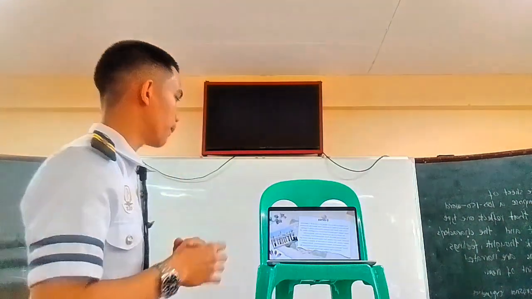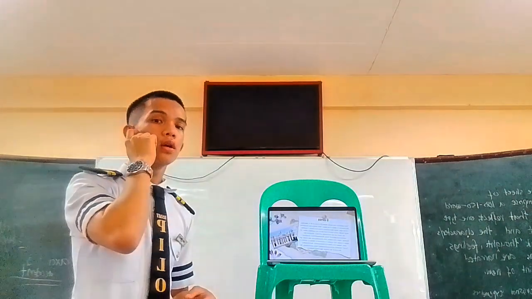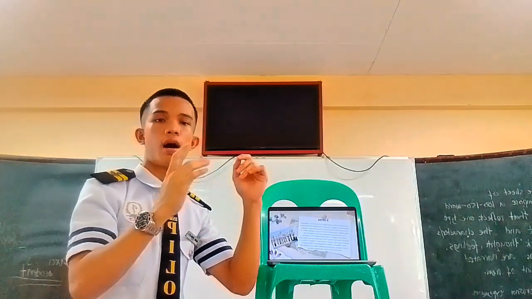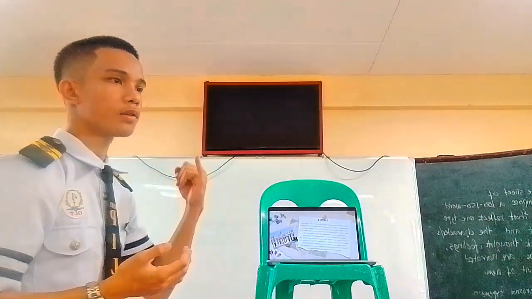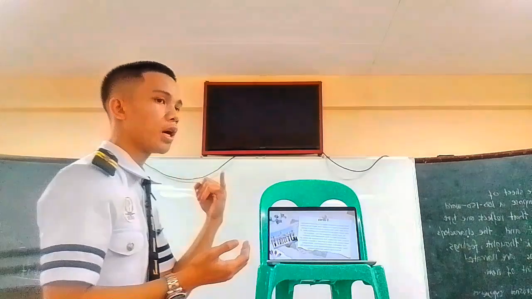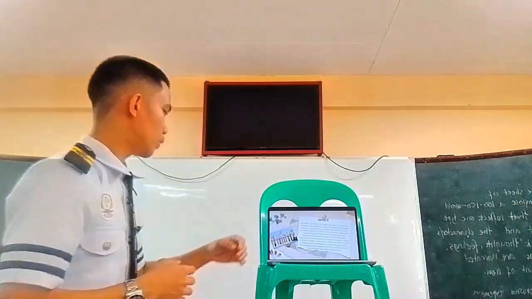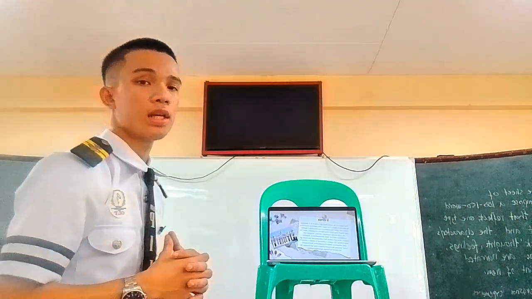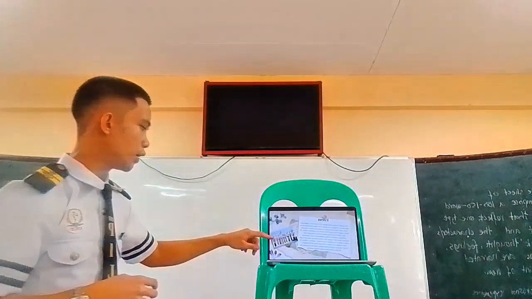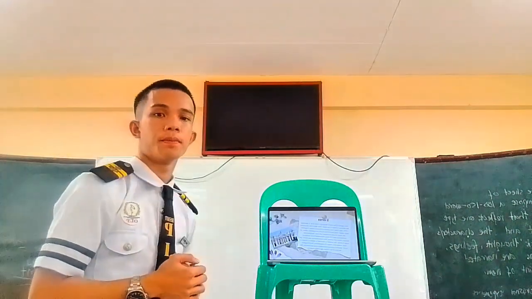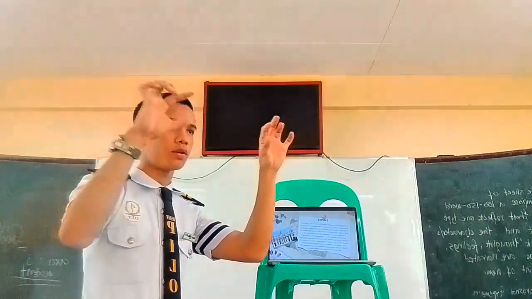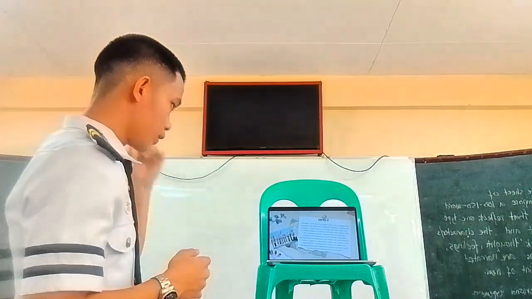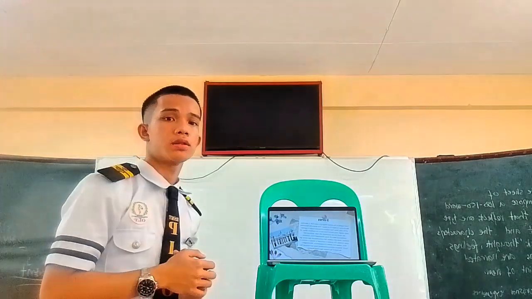So, form applies to the overall design of a work of art. Basically, it is the whole shape or outer appearance of an art, whether it be a painting, a sculpture, or an architecture. Like in the picture, it is not visible because of the quality of the camera. We have a picture here as an example of form, the form of an art or architecture or building. So, that is form.